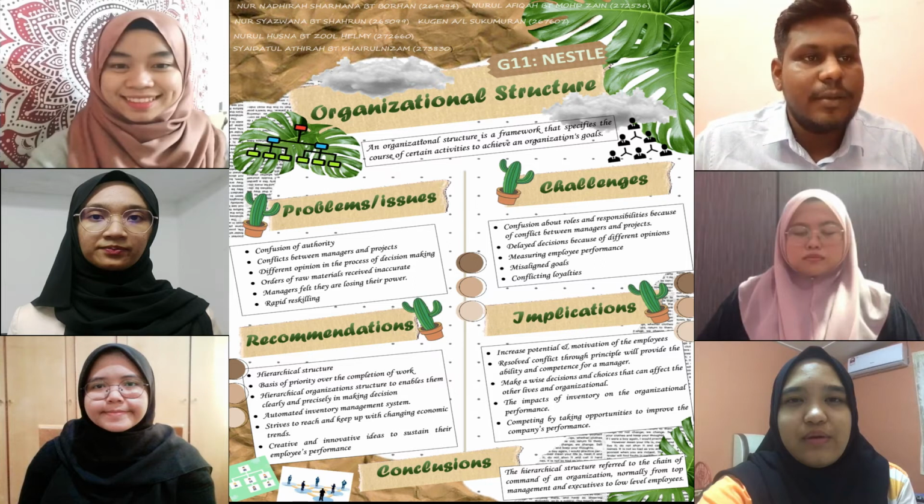Today, I want to present the recommendations for the problems faced by Nestle Berhad. Regarding the first problem, the company should adopt a hierarchical structure to overcome their problem of confusion of authority. A hierarchical structure has varying degrees of authority and control. This means that the employees would have direct managers to whom they will report their work progression. This facilitates the flow of information and ensures that employees know from where their direction and job orders originated.